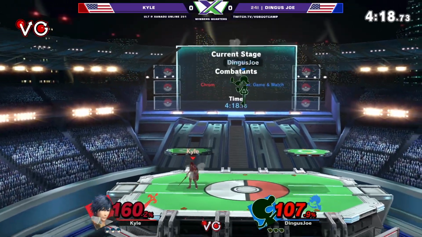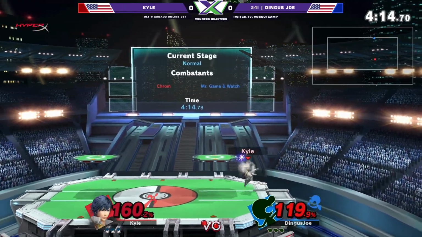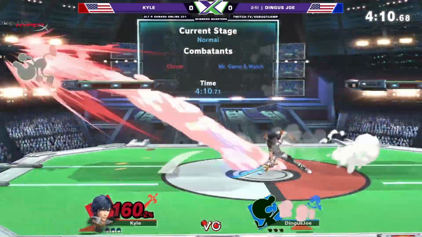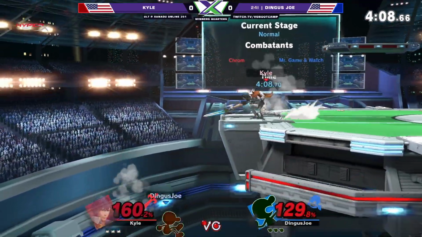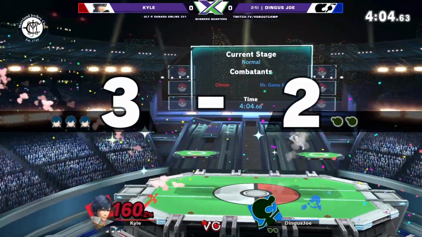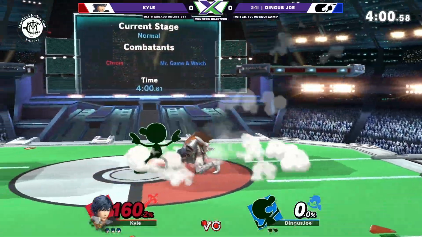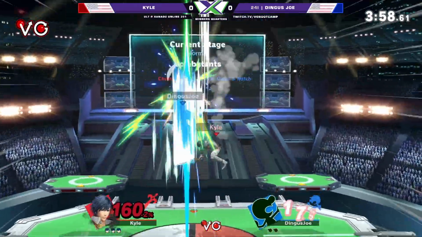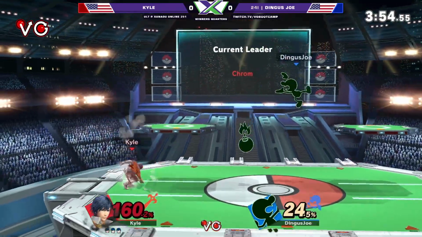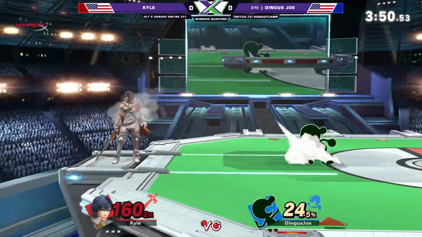But Kyle sitting comfortably, I guess, at 160%, and Dingus Joe is at basically 120%. And it looks like neither of them are about to lose a stock, except Dingus Joe finally loses his stock from getting forward tilted near the ledge. And that was only the first stock so far. It's been about 3 minutes, so surprisingly, this might be the first time I've seen Chrom go to...